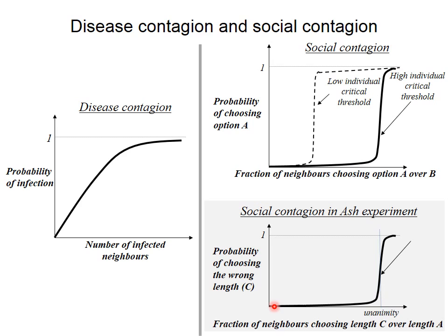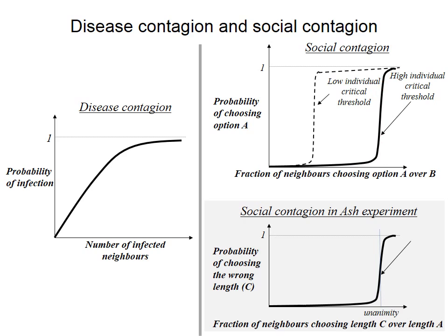What you notice is that when the number of neighbors of the subject of the experiment is low, the probability of giving the wrong answer is equally very low. And then suddenly, when a relatively high number of neighbors chooses the wrong answer, the individual switches. Of course, different individuals have different thresholds to pressure, to network externality of the coercive type, and this is represented in this graph. Certain individuals never switch. They are so self-confident that they basically ignore the opinion of the majority.